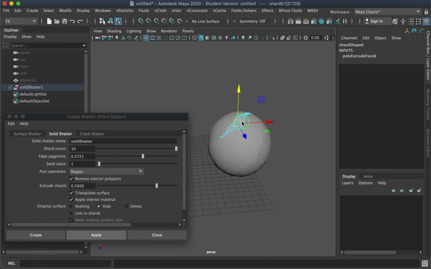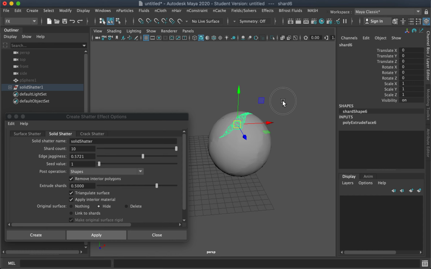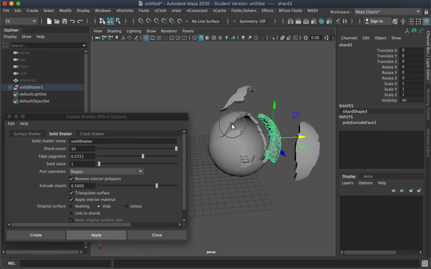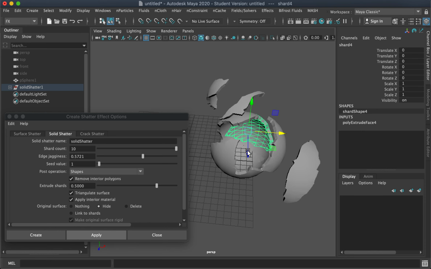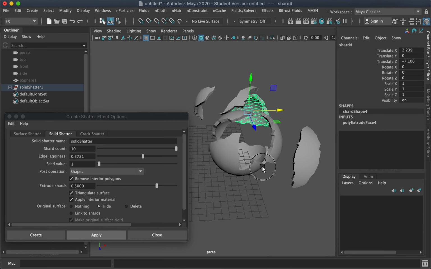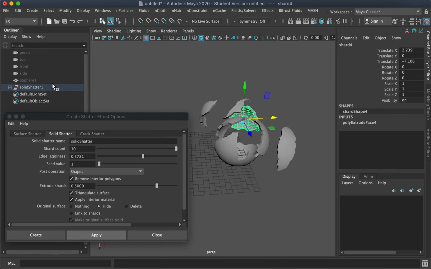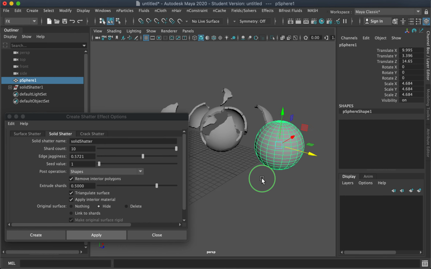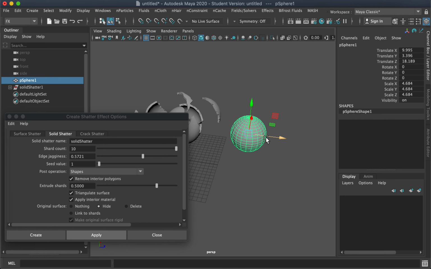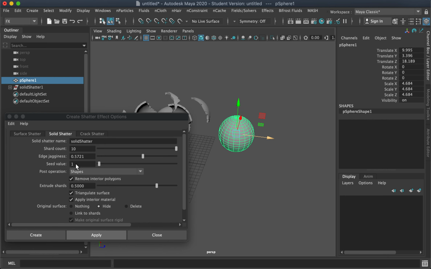So what we'll have is the first one, of course, this is still random, but let's say I'm content with this output and I want to duplicate, or replicate, this kind of shatter. Just remember the seed value. If I want to repeat that, I don't want a random output, I can